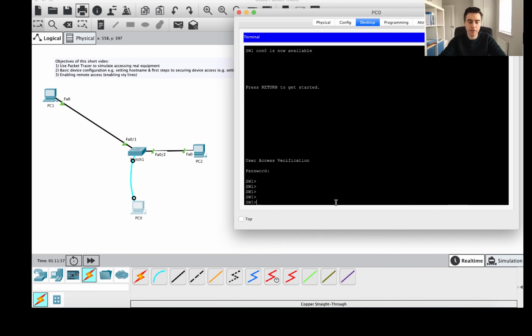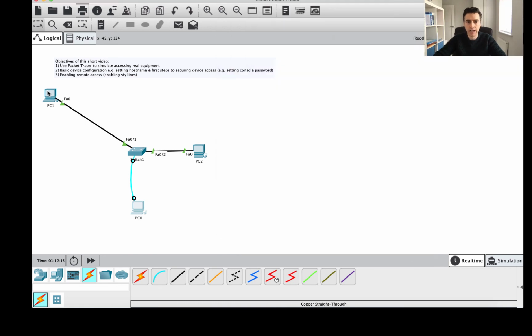Now, if I want to go into enable mode, I go enable, and then it asks for my enable password, which is Cisco. So I've now put two layers of defense in, in a way. I've got an initial password and I've got an enable password. But at the moment, this person over here, PC1, still cannot connect over the